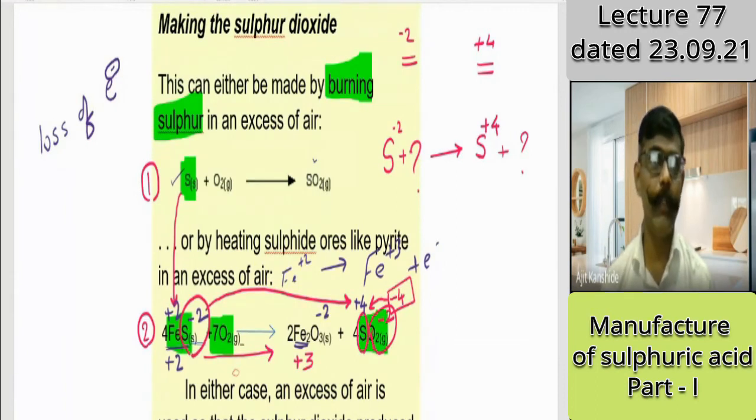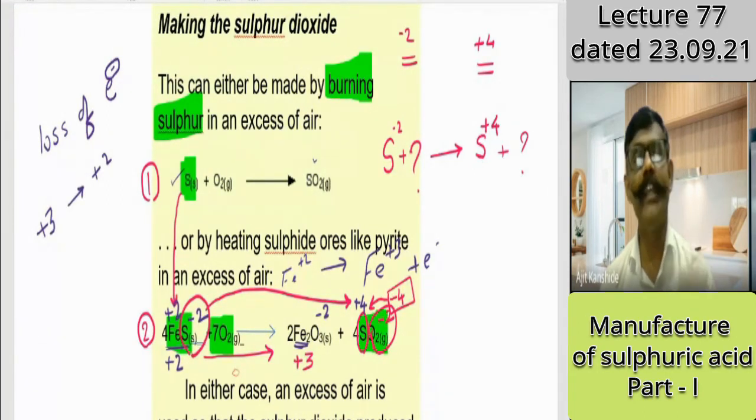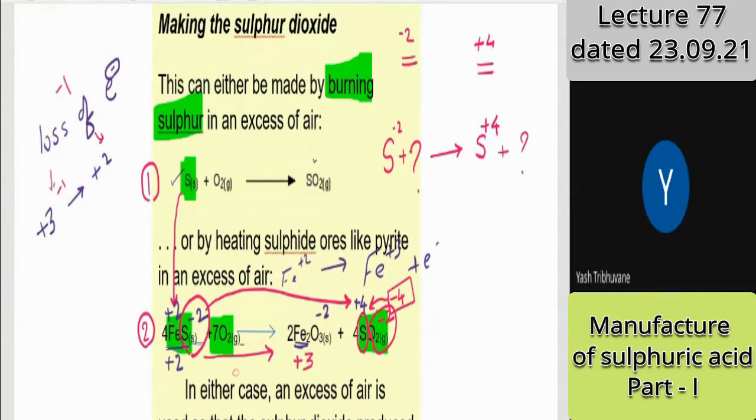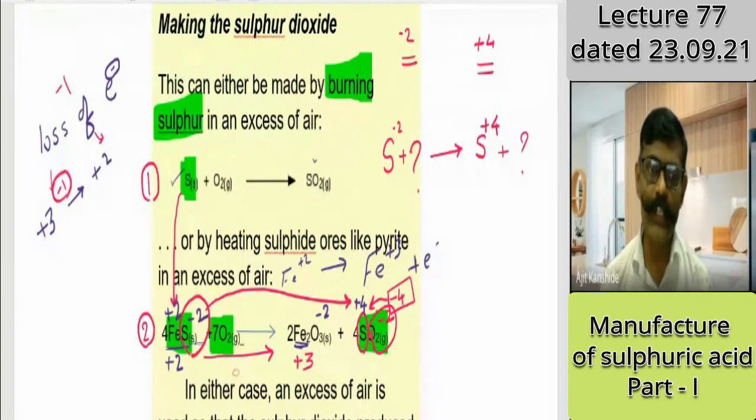Okay, you are very brilliant students. So I ask you a simple question. There is a plus 3 charge. I want to convert to plus 2 and I have only minus 1 charge, negative. Where should minus 1 be? Minus 1 should be on the right side or left side? I have one number, that's a minus 1. Where shall I write minus 1? Left side, yes, left side. Minus 1 means what? It's electron.